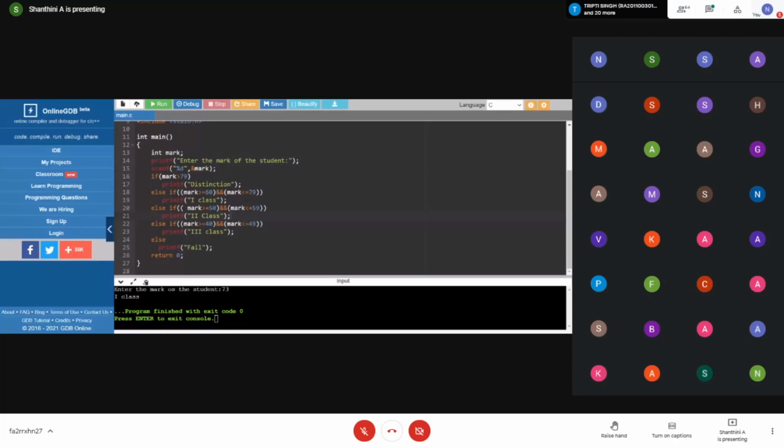Okay, fine. So you have used an else if ladder. You have started with an if condition. If a is equal to 1, the option you are getting, you are storing it in A, and if that is 1, you will print 7,000. Else if option is equal to 2, you have to print 3,000. Else if option 3, you have to print 5,000. The final thing can be else as such.